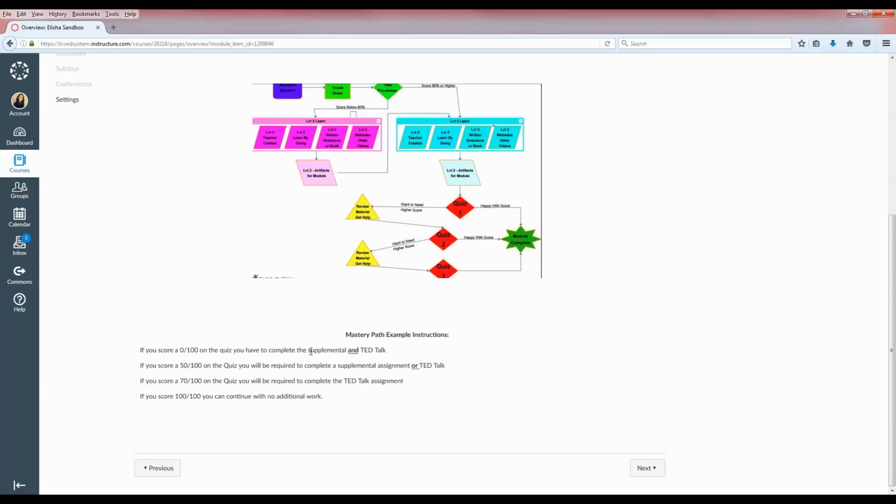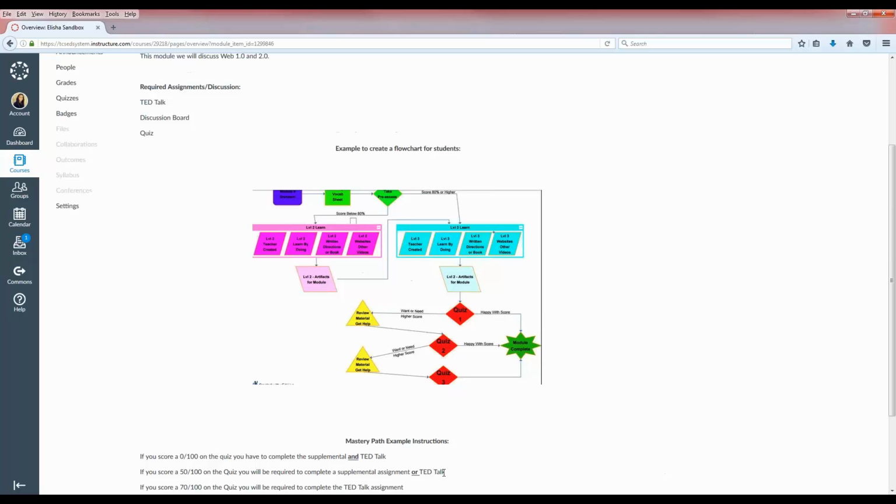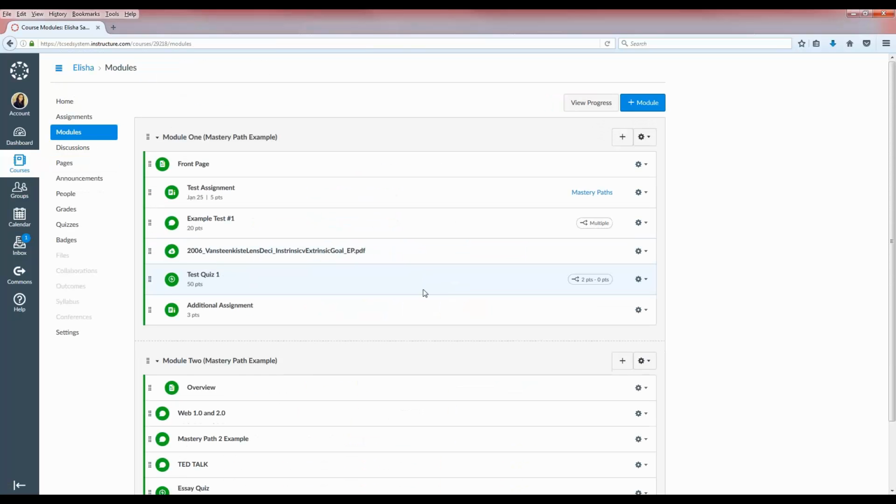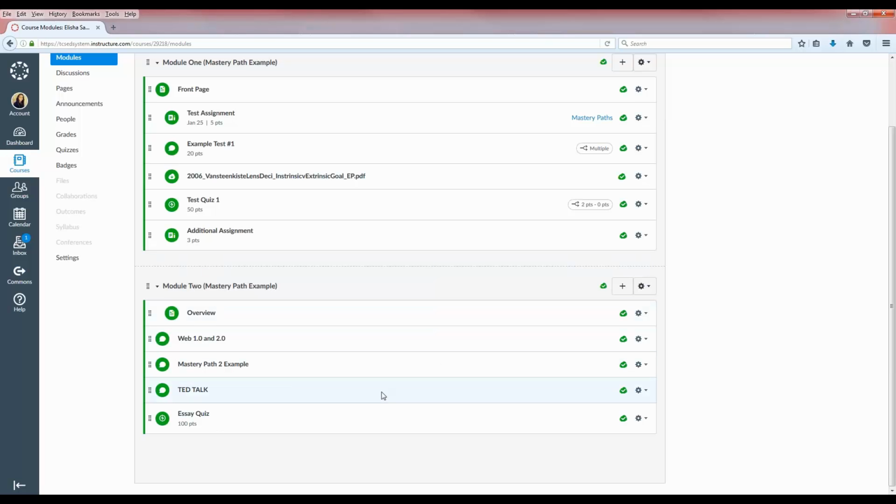So for this mastery path, there's only one supplemental or additional assignment that the students would do that does not give them credit outside of what's already required in the module. Because the TED Talk, if we go back just to show you, is already a required discussion board. So with the score of the 50 or the 70, you're simply revisiting the TED Talk. And with the 50, you have to do the supplemental assignment in addition to